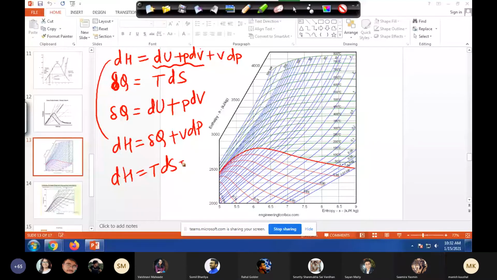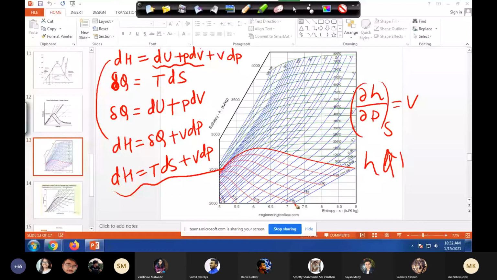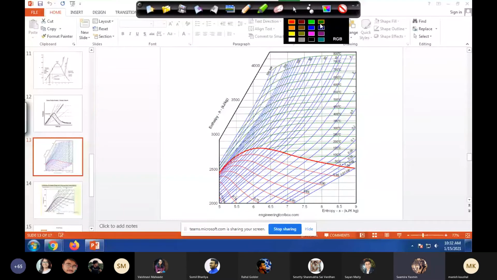Perfect. So even if you don't remember the diagram, you can see that ∂H by ∂P at constant S is volume. Volume is a positive quantity, so H should increase with P, and that's why this HS diagram shifts upward as pressure increases. Because if you take any constant entropy line,